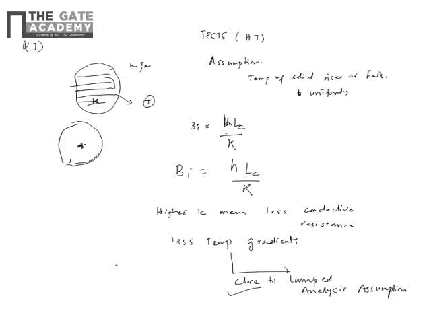What we normally do is check whether the Biot number is less than 0.1. The higher the k, the smaller the Biot number has to be for the system to be closer to lumped analysis. A smaller Biot number will give you a better approximation for lumped analysis. Now how small? Well, we always consider 0.1 as the limit. So the answer for this is B. Thank you.